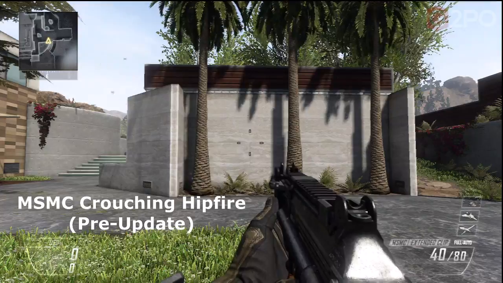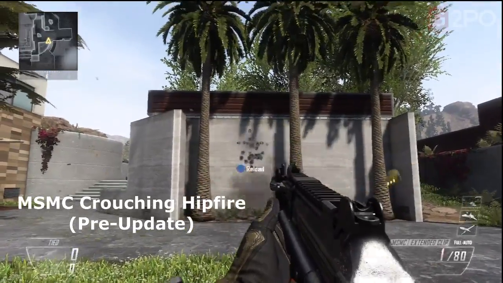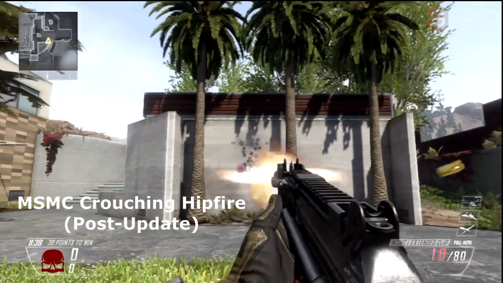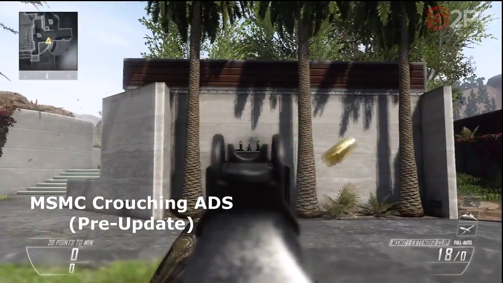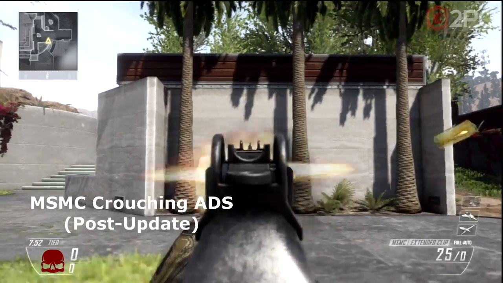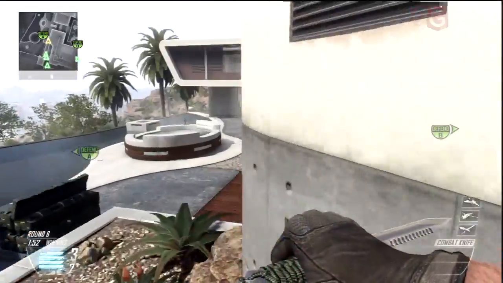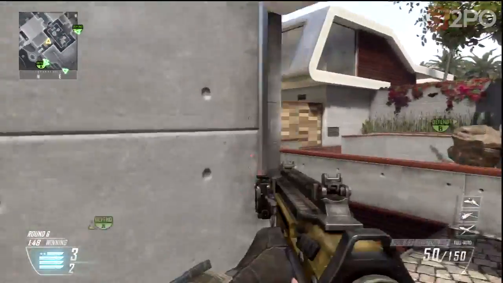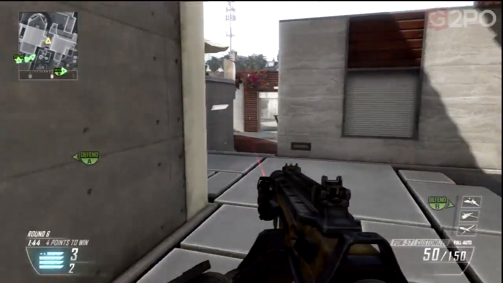One thing I will note about the MSMC is when I was doing the crouch tests, I did some crouch tests both from a hipfire and an ADS standpoint. Recoil was impacted on the PDW-57 as we would expect, just less so than from a standing position, but it didn't appear that there was much difference in the spread pattern on the MSMC when in a crouch position from pre-update to post-update. All right, now that we got that out of the way, let's get into the good stuff,